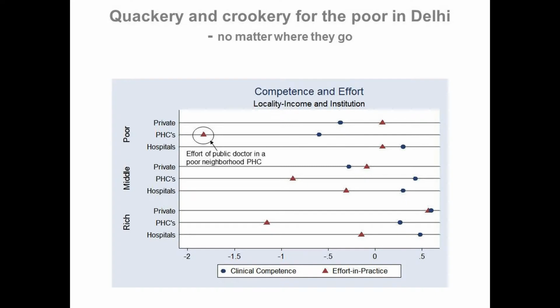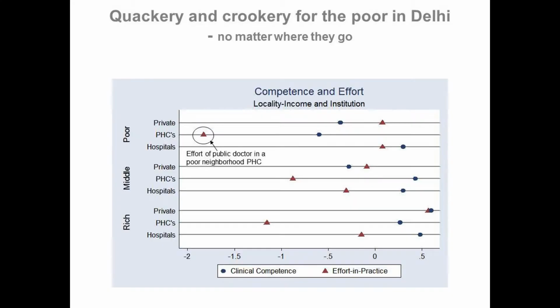So even secretaries of health, doctors go, well, he's not a doctor, and therefore kind of difficult to manage. And we see vacancies, we see absenteeism, we see questions about capabilities, and we see very little effort. There was one slide that did not come out yesterday that I really did want to talk about, and this was that it is not an issue of public versus private about whether or not poor people get good care or not. It really is poor versus rich. And this was the diagram I wanted to show.